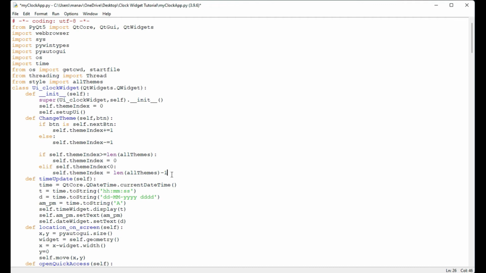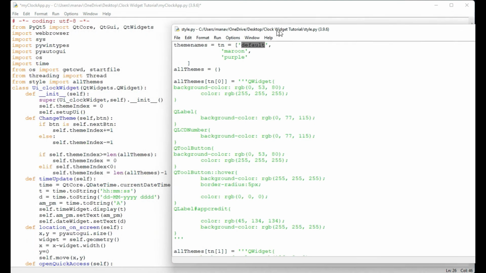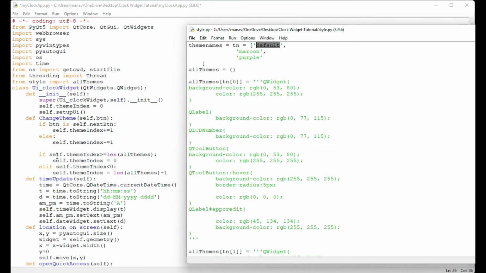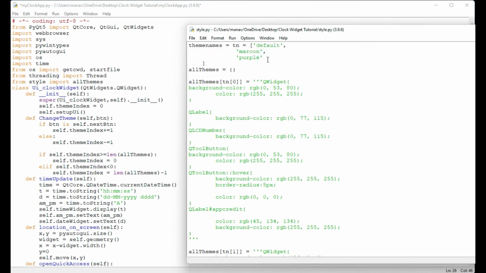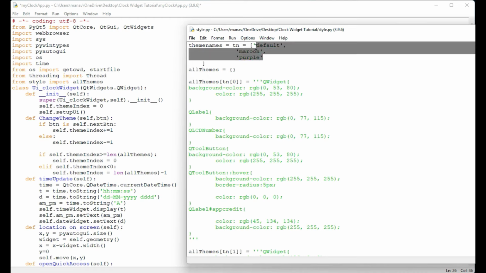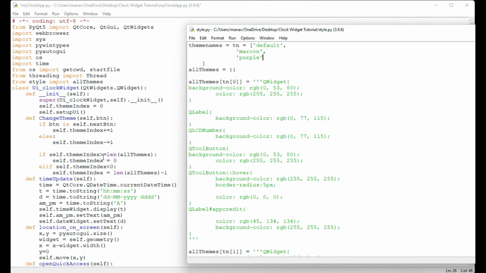Okay, so it will be 2, right? In our case, let me elaborate. If I am doing this if condition, then it is checking that if theme index is greater than or equal to length of all themes. So length of all themes is what? 3. Okay, so it is checking, then if it is 3, then I will use the theme index as 0.